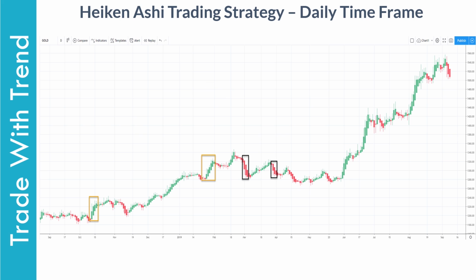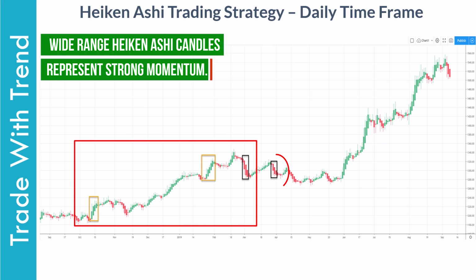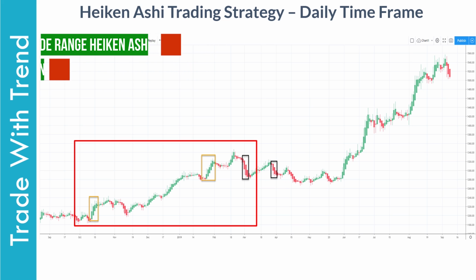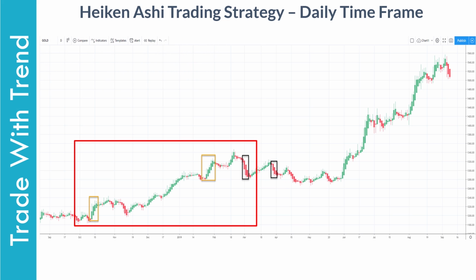In this chart, there are four sections that I have marked out. Two sections have initiation candles on the upside and two other sections have the same on the downside. Out of these four sections, the first three sections have more wide range candles when you compare them with this fourth section here. Till this point, demand on the upside is clearly evident. There are very few, if any, bearish candles that are marked in this region.